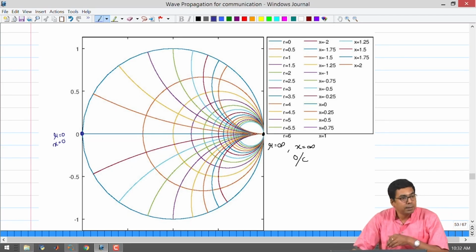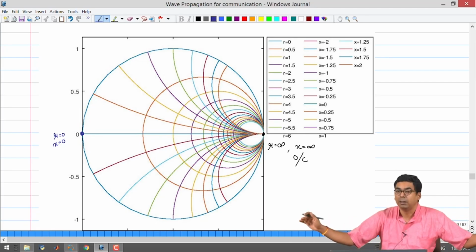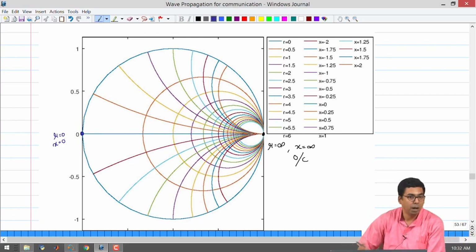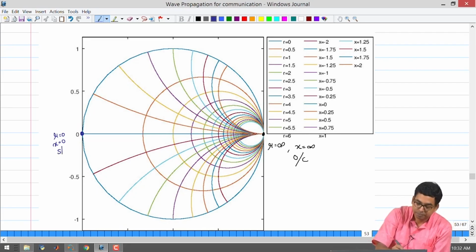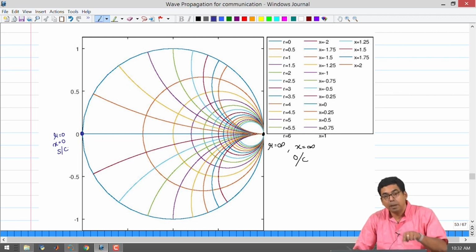Because the radius of the circle becomes infinite in that expression, it looks like a straight line. So, for R equal to 0 and x equal to 0, we already know what the physical interpretation would be. It is going to be a short circuit on the left hand side. So, the short circuit is represented on the impedance Smith chart on the left hand side of the complex gamma